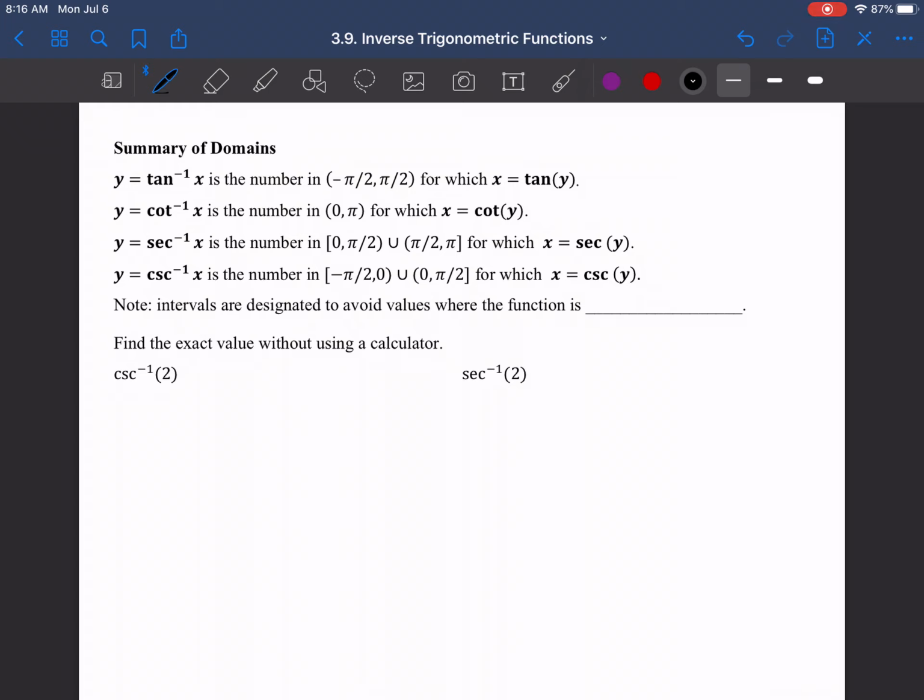And again, you can look in the notes, and I'll have it completed in there. So this is arc cosecant, which is equal to the arc sine of 1 over 2. And then we want to know what that is equal to. So we need to essentially figure out what do we take the value of for sine that's in our domain that gives us 1/2. So if we look at the unit circle,